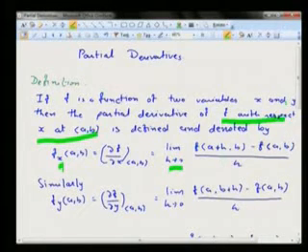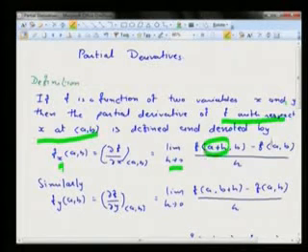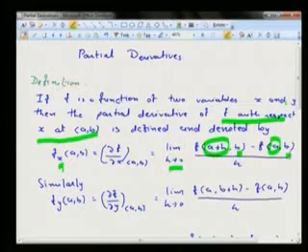Now observe this ratio. Here I gave an increment only in the first variable, a to a plus h, and b is constant. I did not change anything in the second variable b. So there is no change in b, but the increment is given only in the first variable, a to a plus h. And the difference between these two quantities upon h is called the partial derivative of f with respect to x at (a, b). Right?